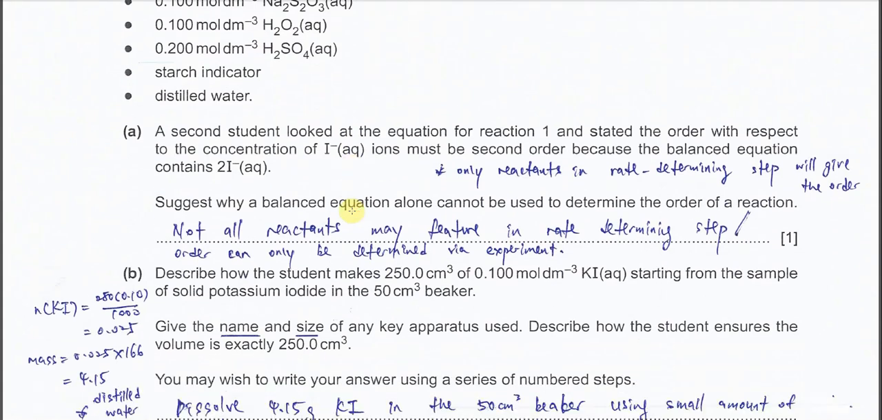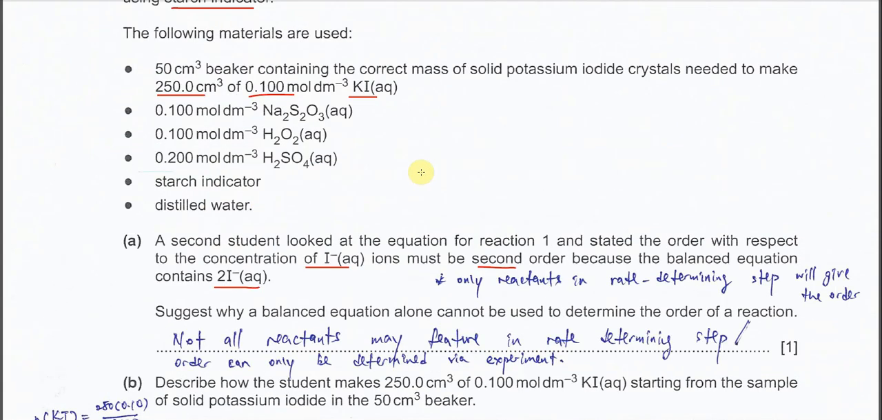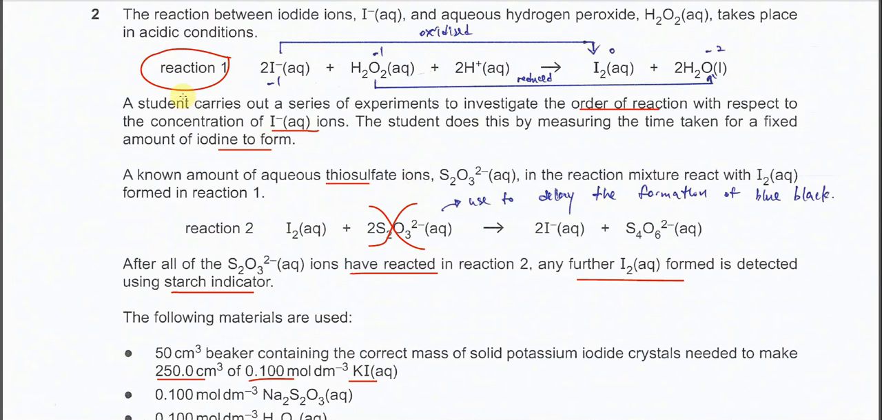Part A. A second student looks at the equation for reaction 1 and states the order with respect to the concentration of iodide ions. So it must be second order, because the balanced equation contains 2 iodide. Again, let's get back to the equation just now, reaction 1. From here we can see there are 3 reactants: iodide, H2O2, and H+. And now the student simply makes the conclusion that iodide must be second order because the coefficient here